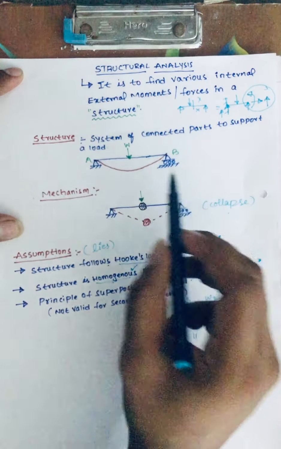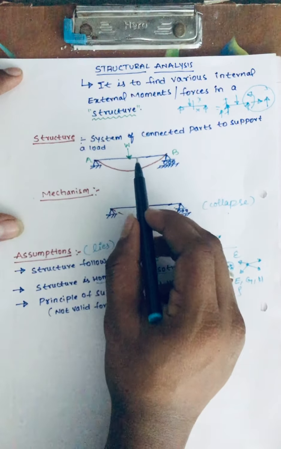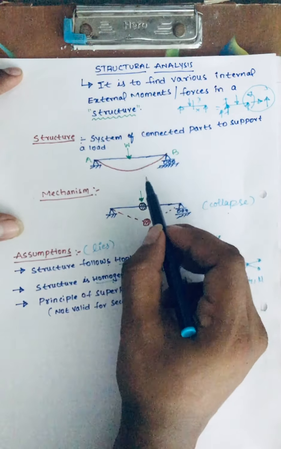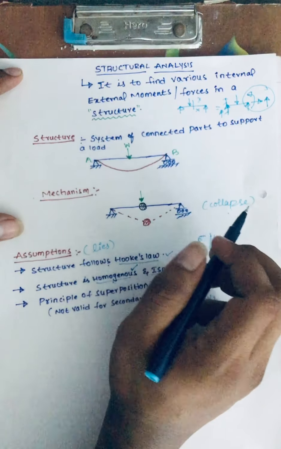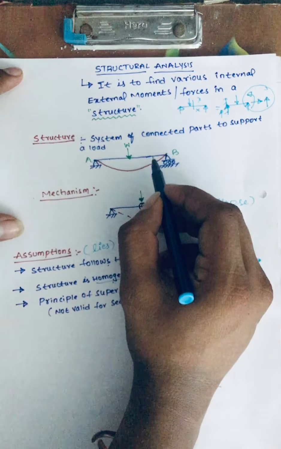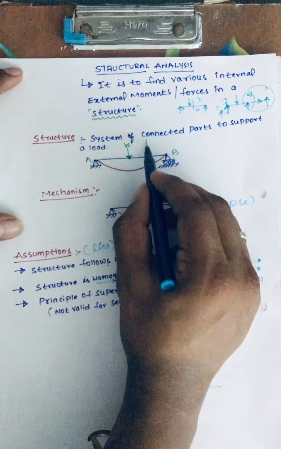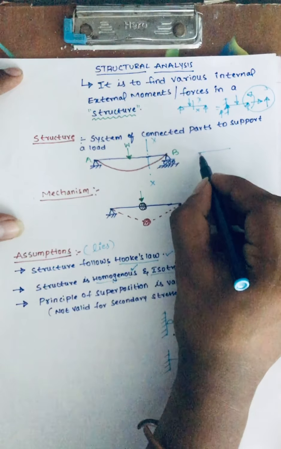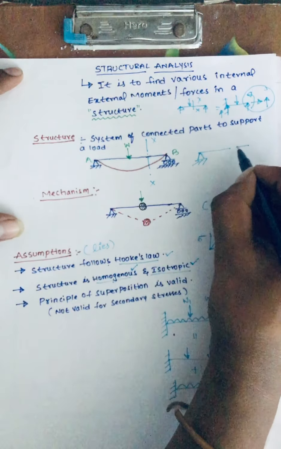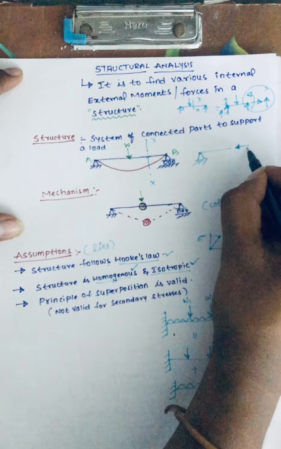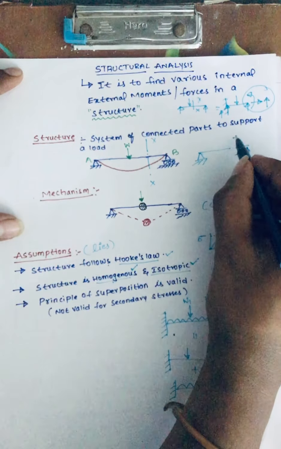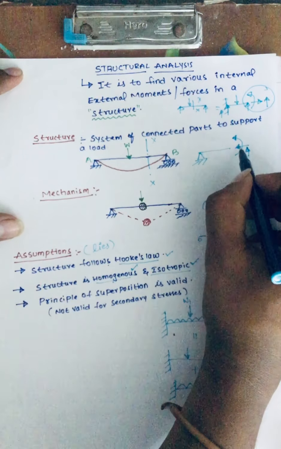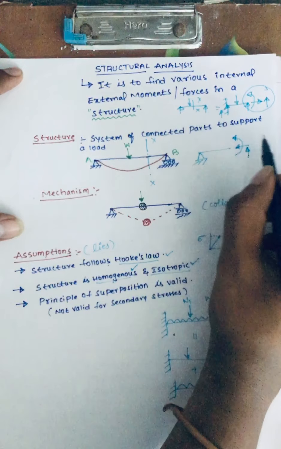In short, when a set of loads is applied to an elastic body, there is a deformation, and the resistance against that deformation is known as a structure. If you take a section over here and cut it, there will be some resistance against deformation. Who creates that resistance? These internal reactions: this is the axial force, this is the shear force, and this is the moment.